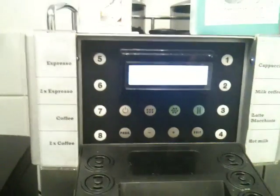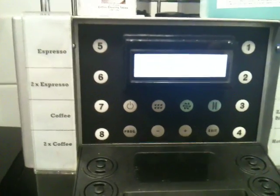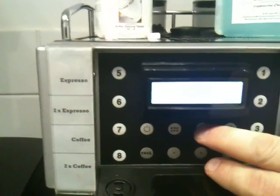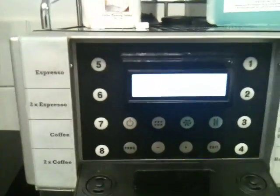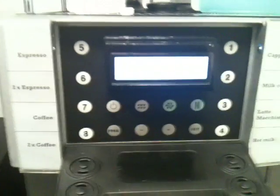I think you can just about see it there, but the coffee clean will come up and ask for a clean, but we recommend you don't wait for that. On a nightly basis you go in, press and hold that button in, it comes up with a message, and you rotate through the plus and minus to which one you want. We're doing a coffee clean now because we're doing them separately, more for this filming,